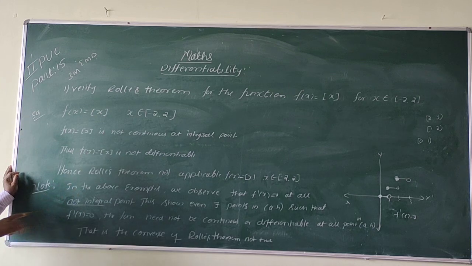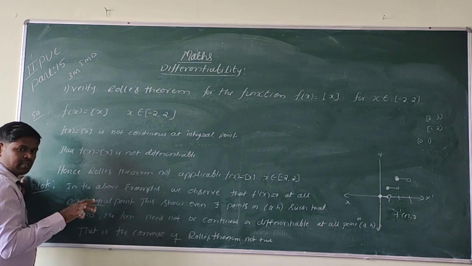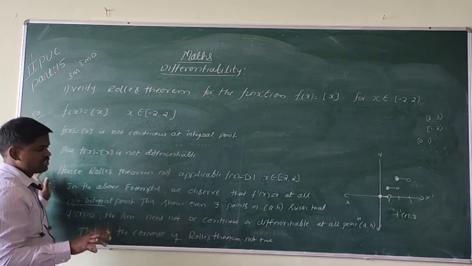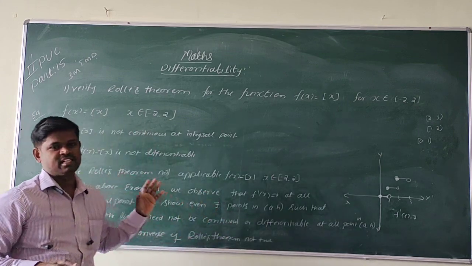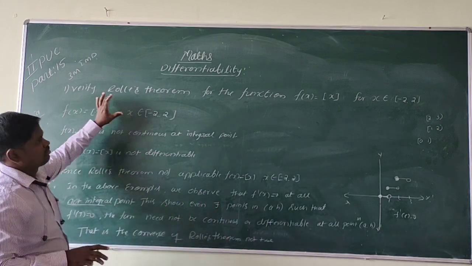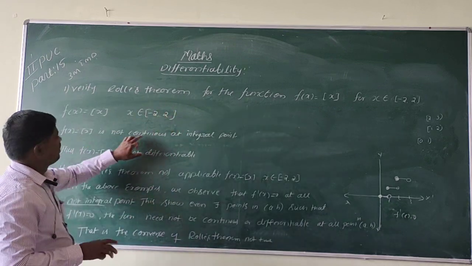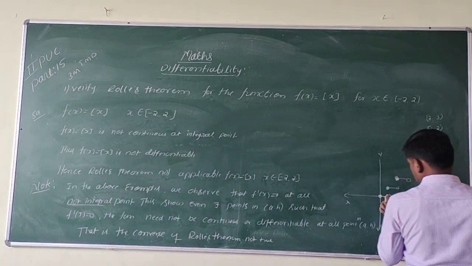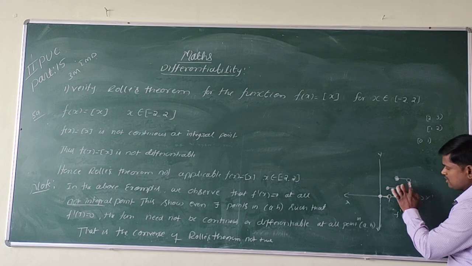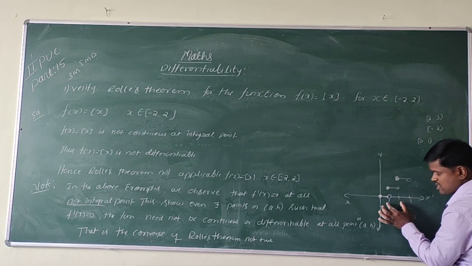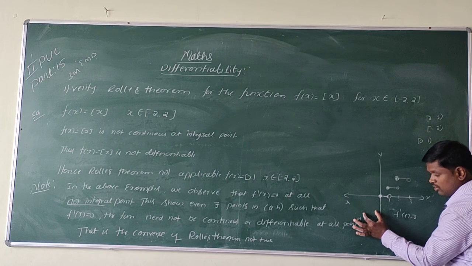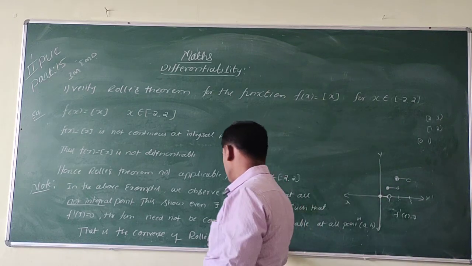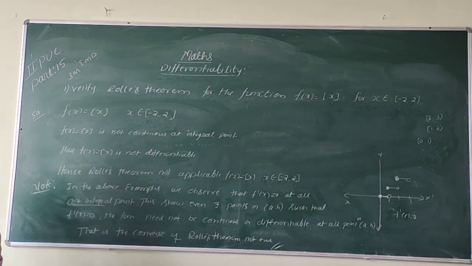So everybody, questions on this are asked. Give an example for the converse of Rolle's theorem is not true. Explain with an example. ನಾವು ಈ ರೀತಿ ಎಕ್ಸಾಂಪಲ್ ಅಂತ ತಗೊಂಡು ಹೇಳ್ಬೋದು. ಇಟ್ ಈಸ್ ನಾಟ್ ಕಂಟಿನ್ಯೂಸ್, ಇಟ್ ಈಸ್ ನಾಟ್ ಡಿಫರೆನ್ಷಿಯಬಲ್. So many points exist between the integral points, the non-integral points, whose slope is 0. That means it is parallel to the x axis. This is also parallel to the x axis. And if you take all non-integral points, it is differentiable. Therefore the converse of Rolle's theorem is not true. Okay, so write down.